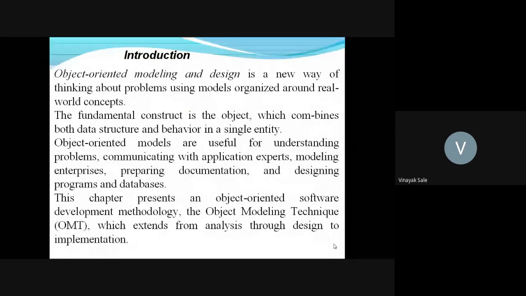Let us start the review of previous lecture. In previous lecture, we have studied what is object-oriented modeling and design. Object-oriented modeling and design have a prerequisite knowledge of software engineering and C++.